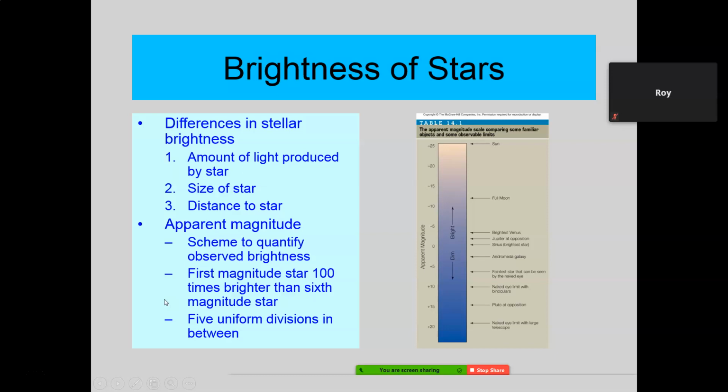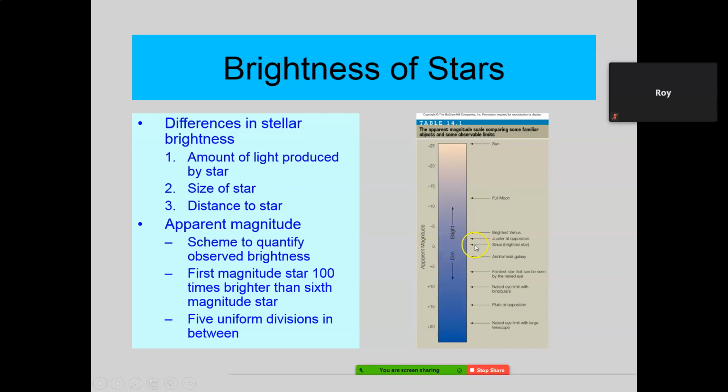This is apparent magnitude. Okay? And remember, we're talking about stars, not planets, not moons, not our sun, the other stars. The brightest star in our night sky is Sirius. That's a first magnitude star, which on this scale is listed as a 0.